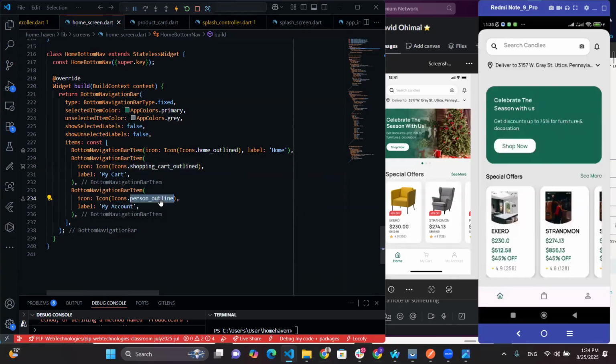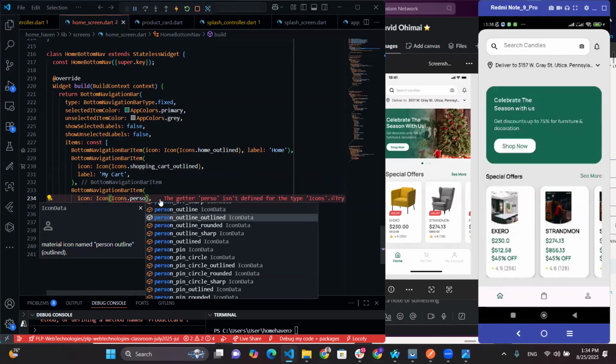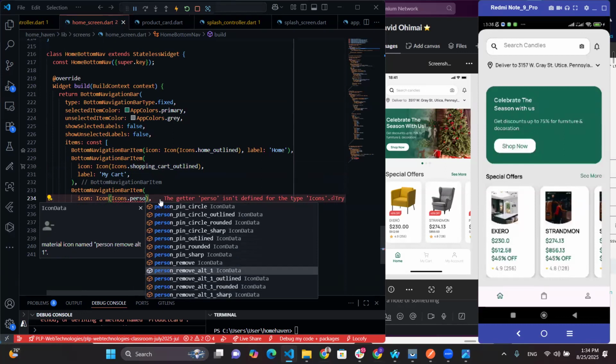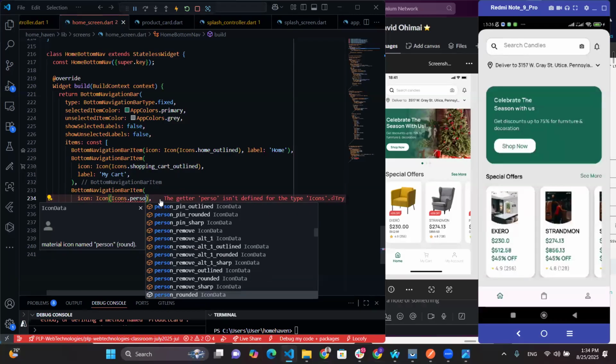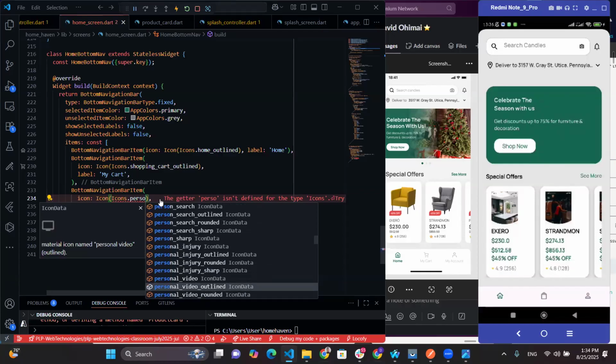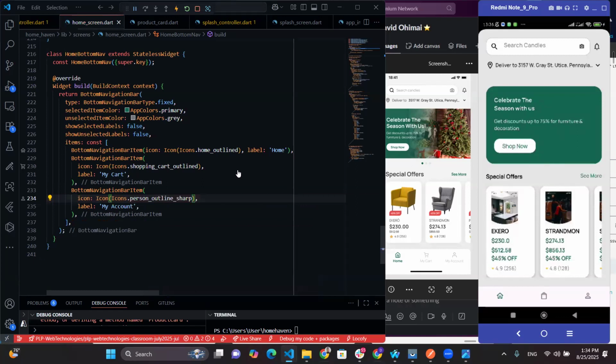This person outlined. I don't know, there's actually no one that's very similar to what we have. Okay, I think I saw something like that, but I might have to. Person remove outlined. So person, let's do person outlined. Let's see. Okay, say outline shop. Let's do a auto load. Okay, so we have